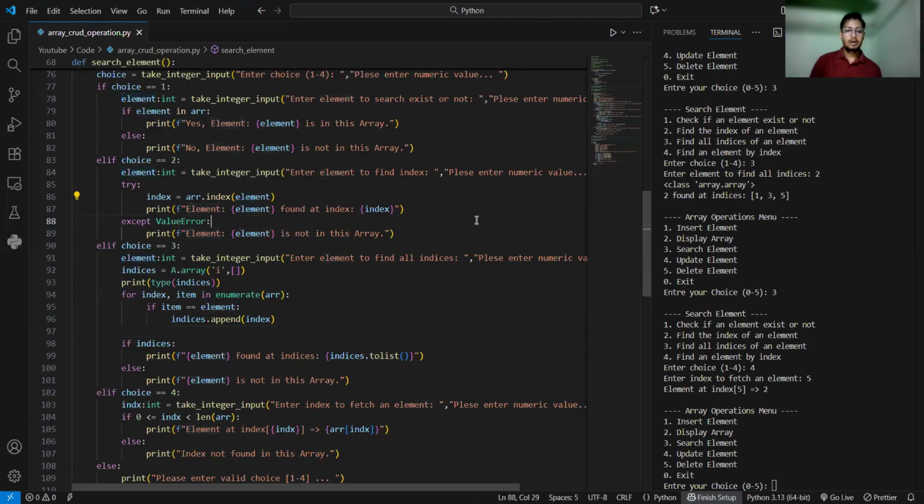Here you can see the element, it is asking for the element. That means which value you want to find with their index. Okay, so it returns a value. So that's why I write